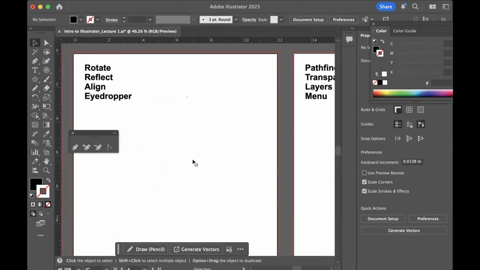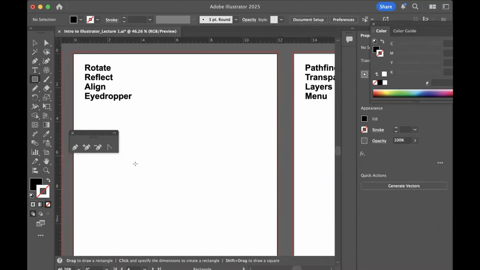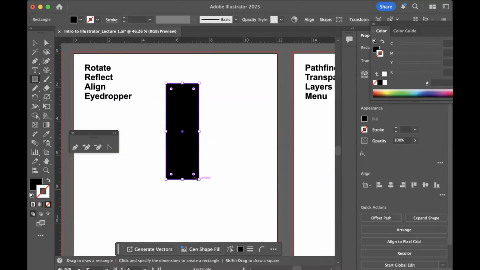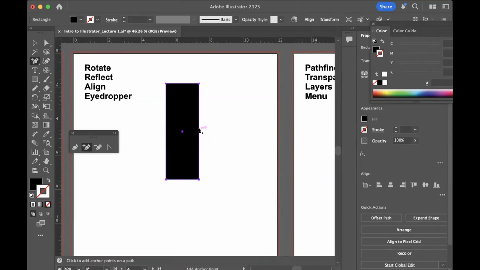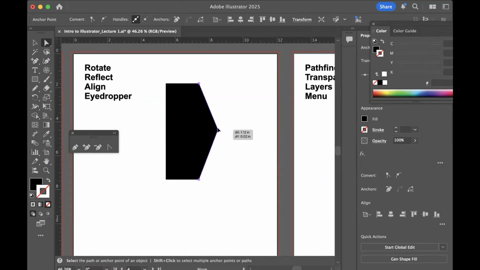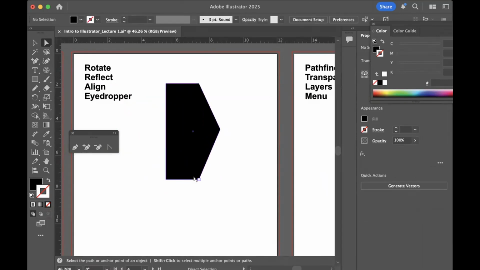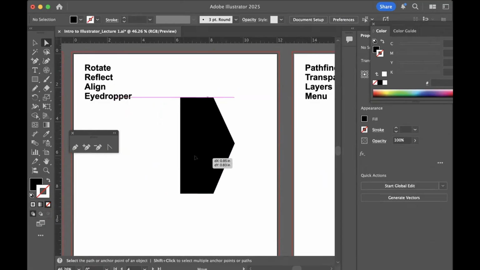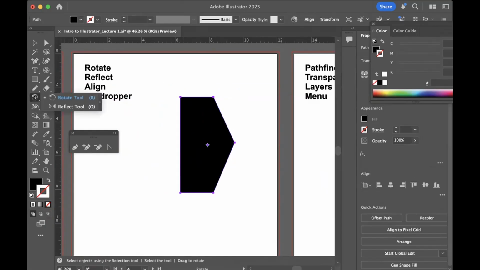And I think I'm going to use something else instead of the star. Let's make it a really long, narrow box. And I'm going to add myself another anchor because I want it to be asymmetrical. So I've got this box. And now I want to make an exact duplicate of it as a reflection. So reflect tool,